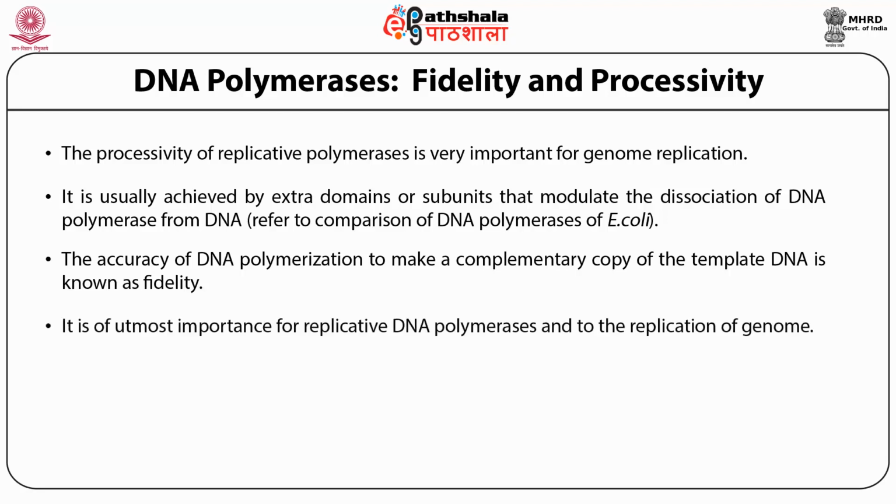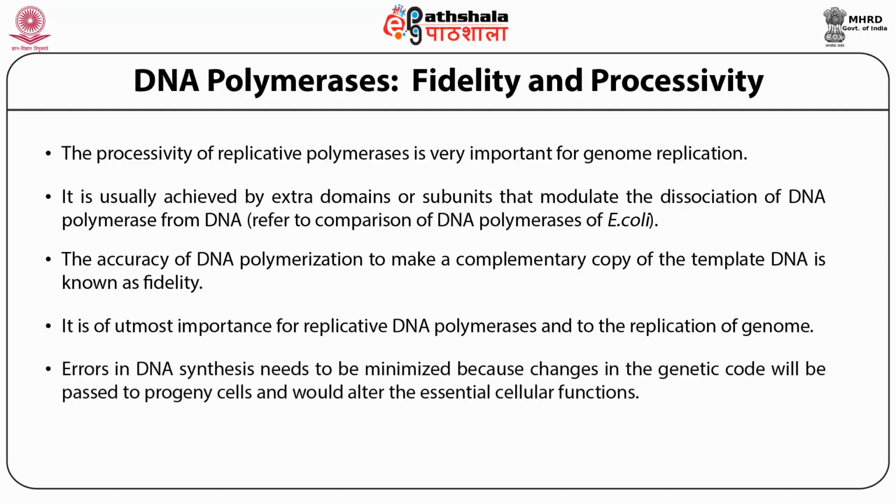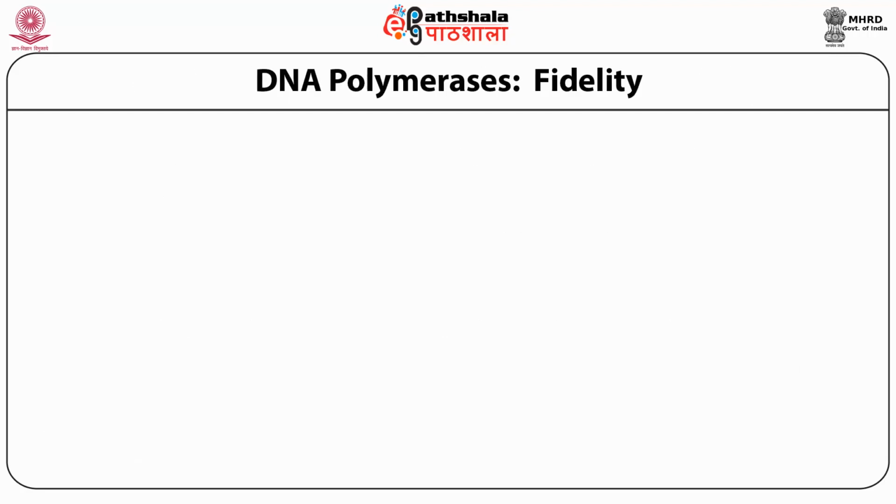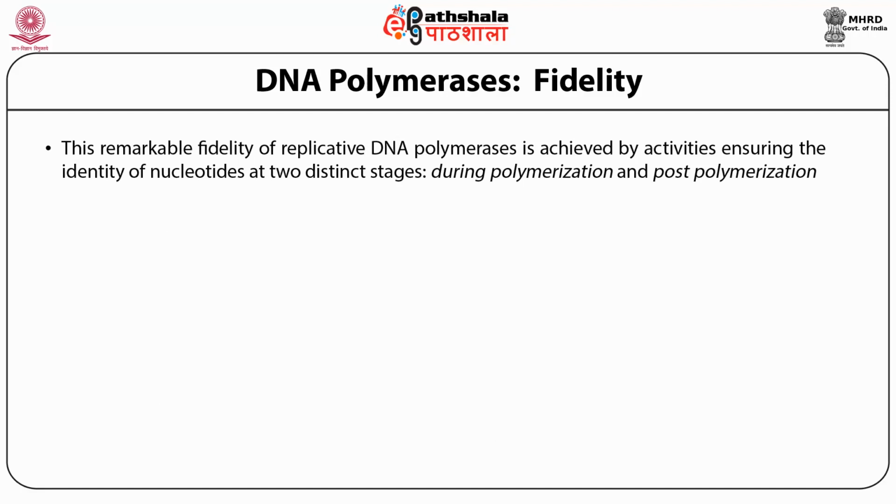It is of utmost importance for replicative DNA polymerases and to the replication of the genome. Errors in DNA synthesis need to be minimized because changes in the genetic code will be passed on to the progeny cells and would alter essential cellular functions. A replicative polymerase typically makes one uncorrected error for every 10^5 to 10^6 nucleotides added. DNA polymerase fidelity: this remarkable fidelity of replicative DNA polymerases is achieved by activities ensuring the identity of nucleotides at